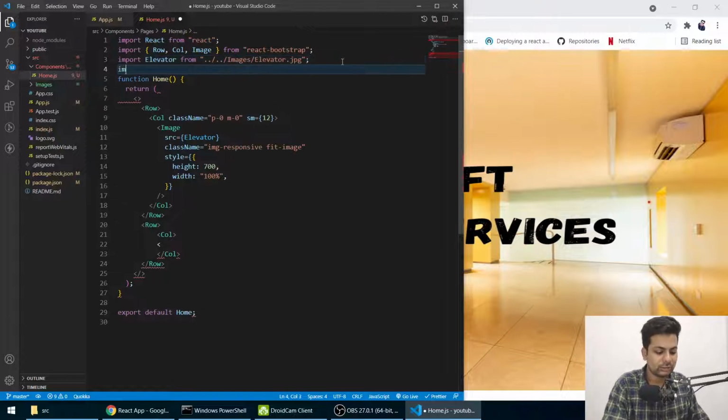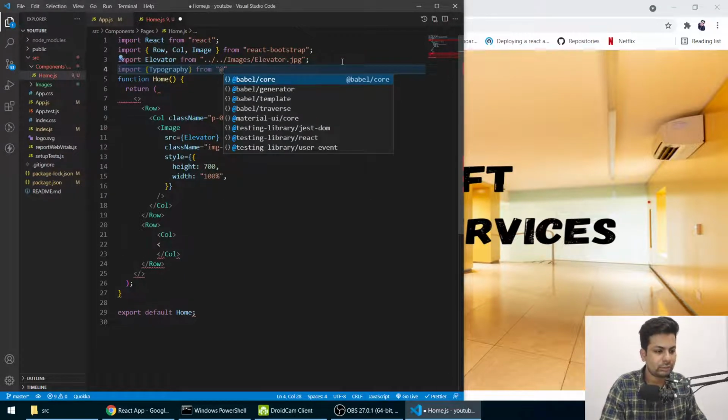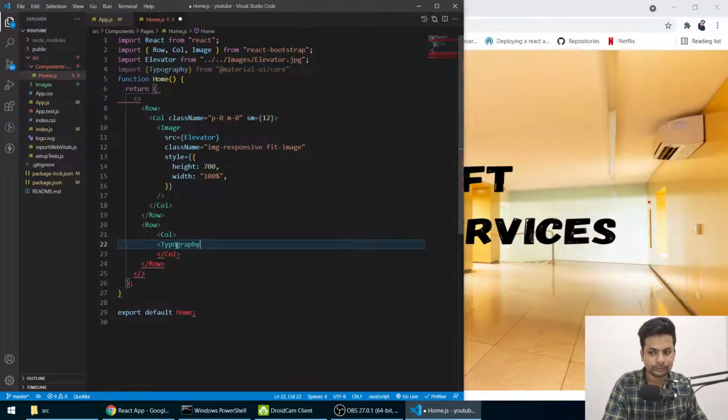So I'll import Typography from @material-ui/core. Then here I'll use Typography with variant h1, and that's it. And I'll write what we offer.